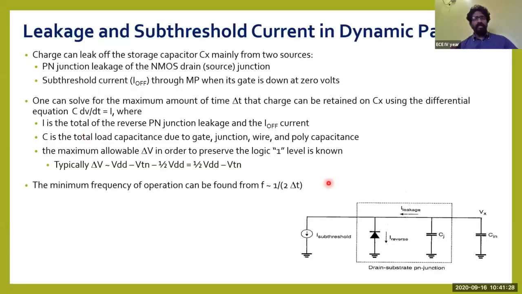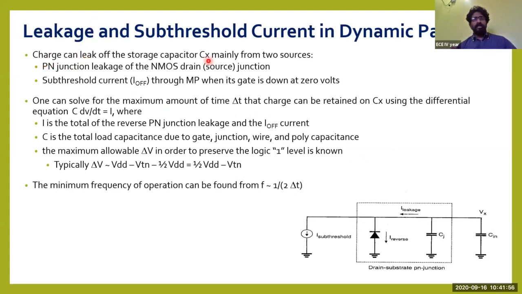This leakage and everything, I can talk about it, though it is out of your curriculum, but some questions might be asked with respect to GATE kind of exams. Because of that reason, I have kept some slides on the leakage, how the leakage takes place, and what is meant by subthreshold current, all those things. So I'll just move on with this particular slide.